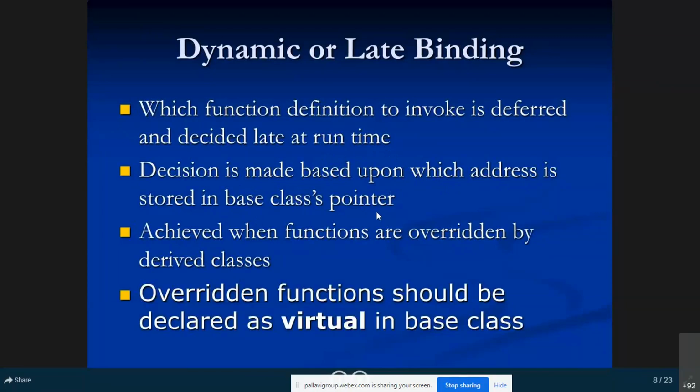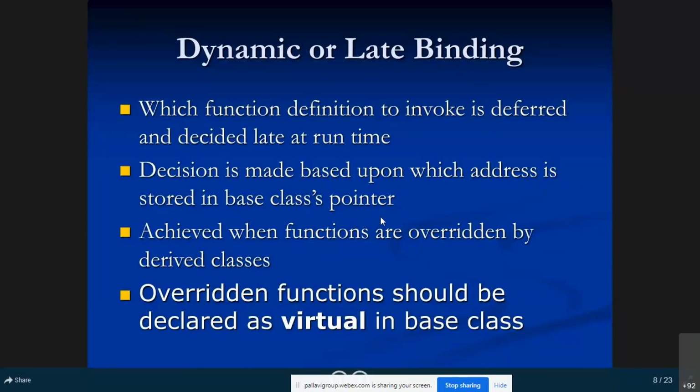In the morning class I showed that by using pointers you can access your class members. You create one object, and for that object you point one pointer, either a base class pointer or a derived class pointer.